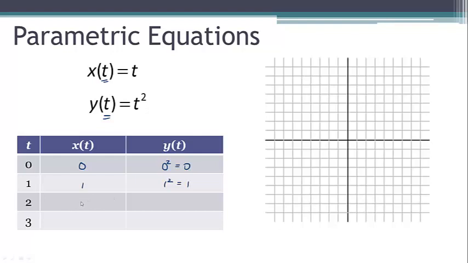Now, for t equals 2, then x of t equals 2, but y of t equals 2 squared, which is 4. And finally, when t equals 3, x of t equals 3, and y of t equals 3 squared, or 9. Okay, so if we graph those points,